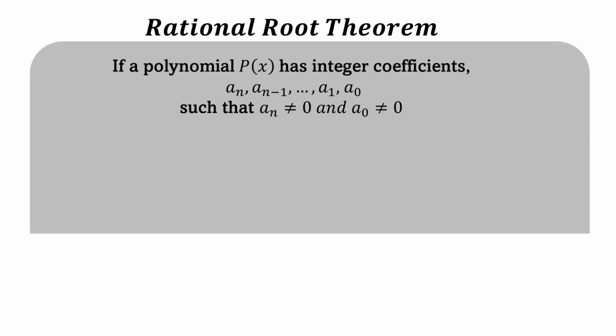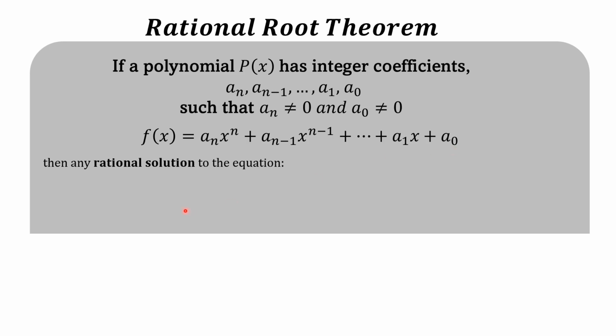If a polynomial p of x has integer coefficients a sub n minus 1, and so on until a sub 1, a sub 0, such that a sub n is not equal to 0 and a sub 0 is not equal to 0, f of x equals a sub n x raised to n plus a sub n minus 1 x raised to n minus 1 plus and so on plus a sub 1 x plus a sub 0, then any rational solution to the equation a sub n x raised to n plus a sub n minus 1 times x raised to n minus 1 plus and so on plus a sub 1 x plus a sub 0 equals 0,